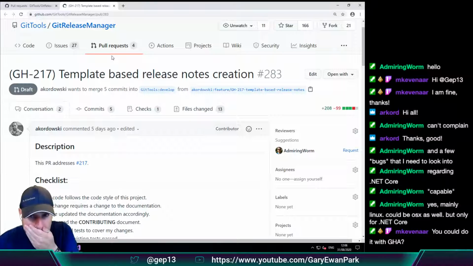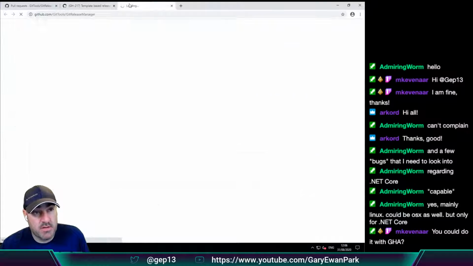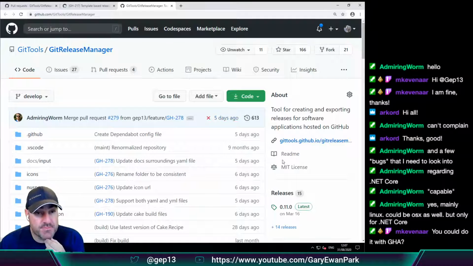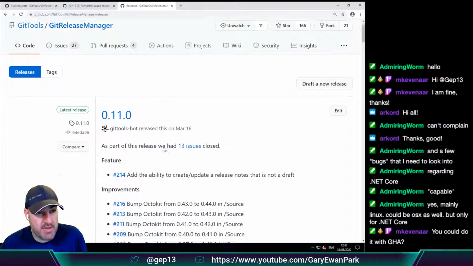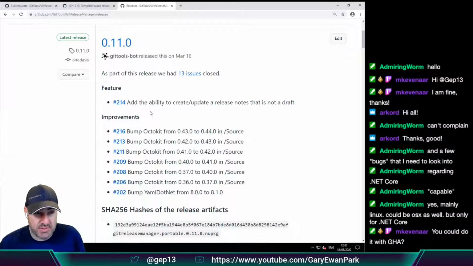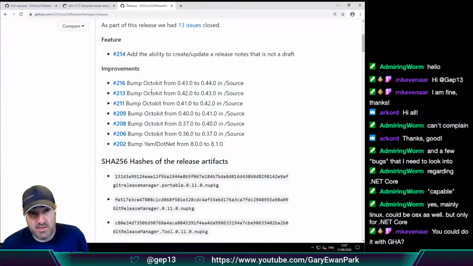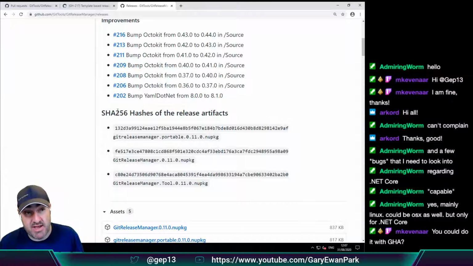So at the minute, when you use GitReleaseManager, you run grm create, and what you get, if we were to look over here at a set of release notes that have been created before, is a structured set of release notes that are grouped by the label that the issue is labeled against, and then you have the list of issues, and then you also potentially have the inclusion of the hashes of the files that are assets on the release.